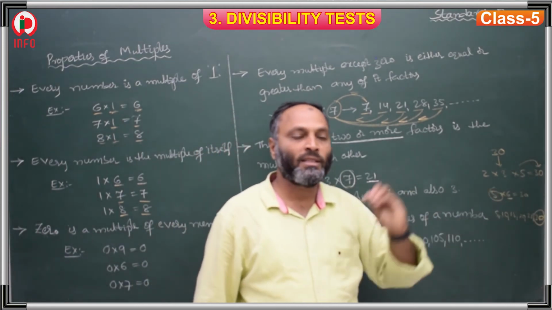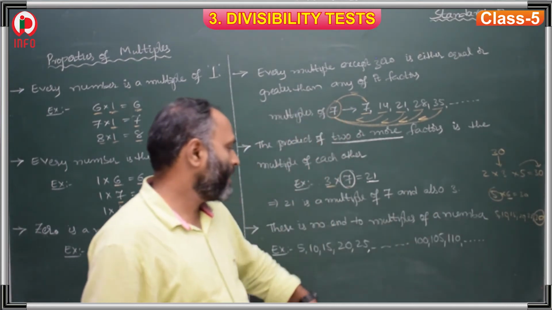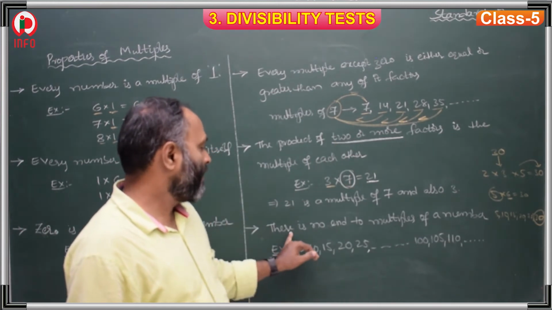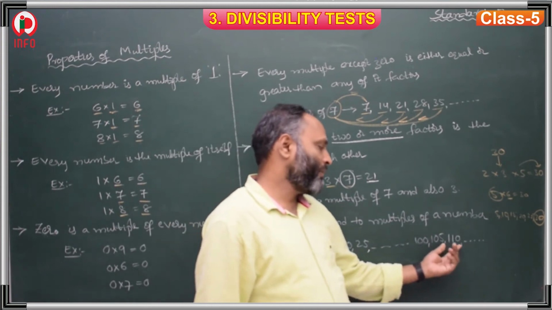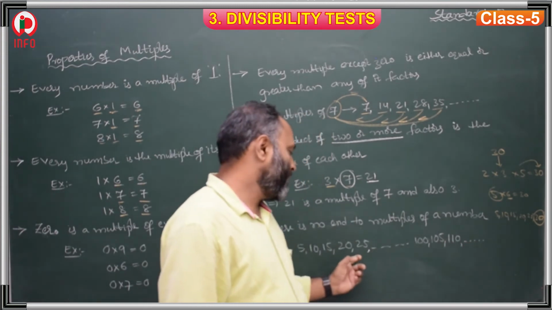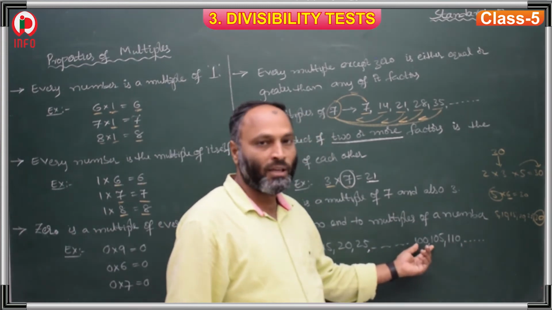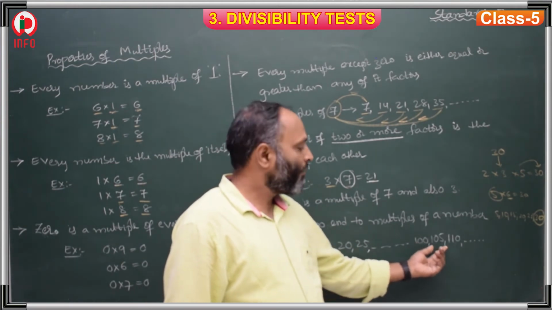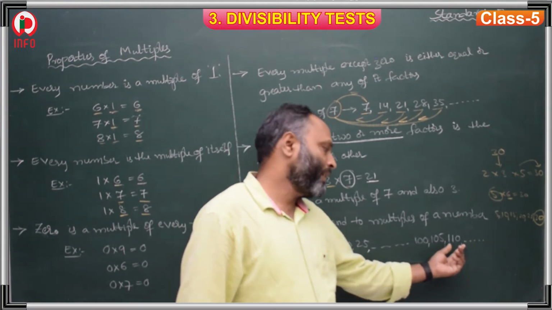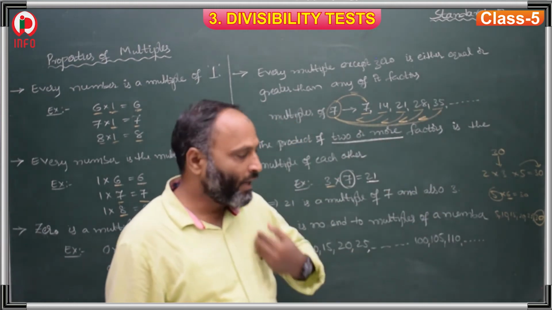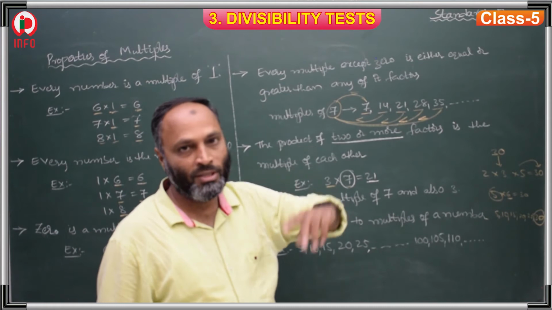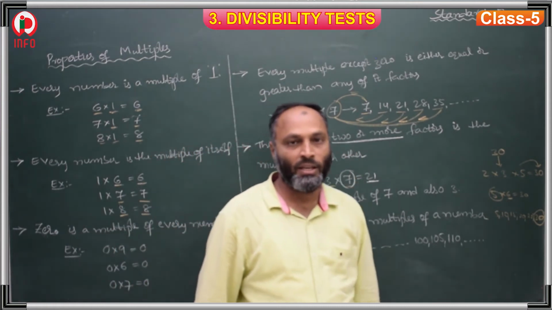Why does it continuously go on? Because the multiples continue, so there is no end. There is no end. Here 100, 105, 110, and so on. If you continue, 100 will also come in the 5 table. 5 20s are 100, 5 21s are 105, 5 22s are 110. In this way, till where can we write? Till infinite times. So there is no end.